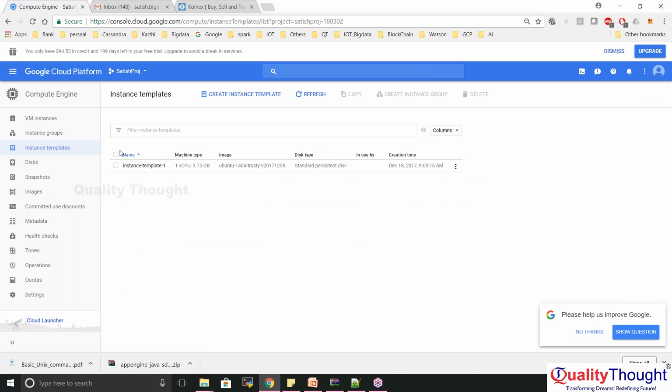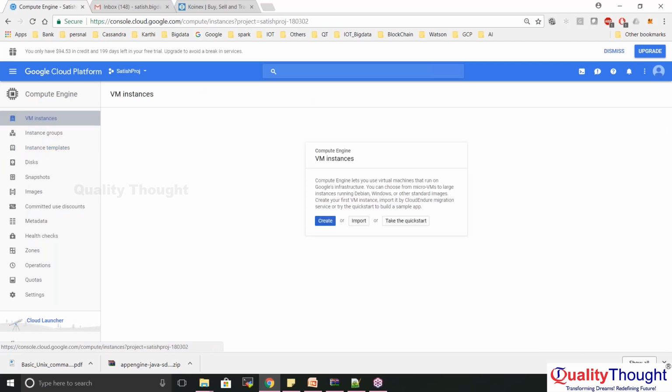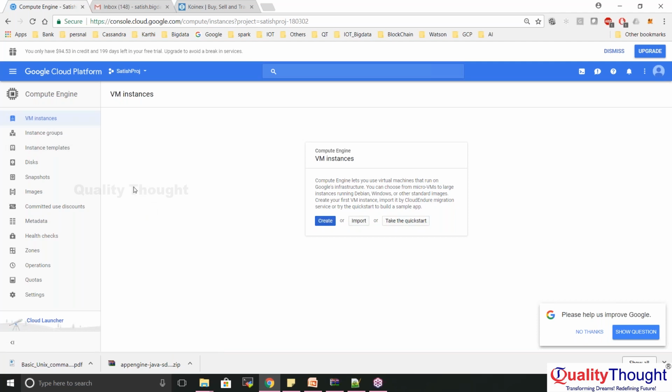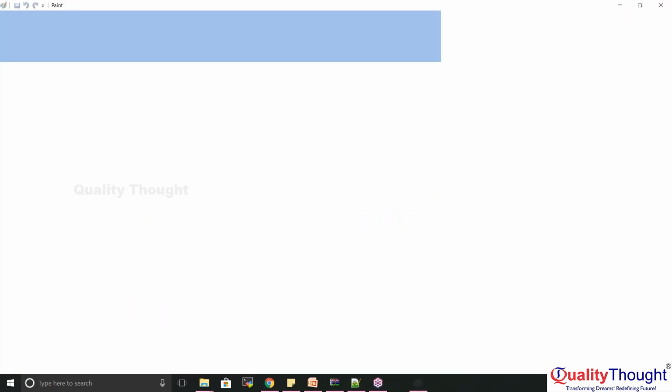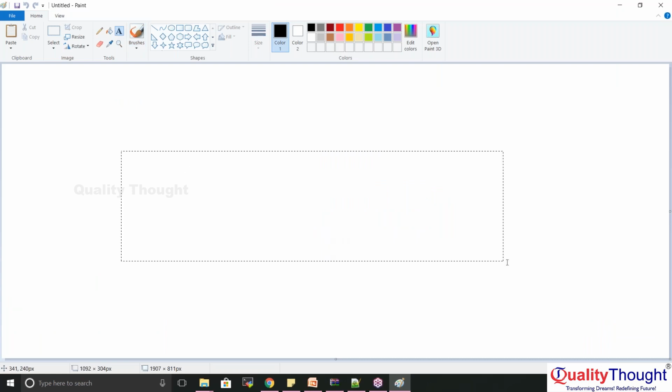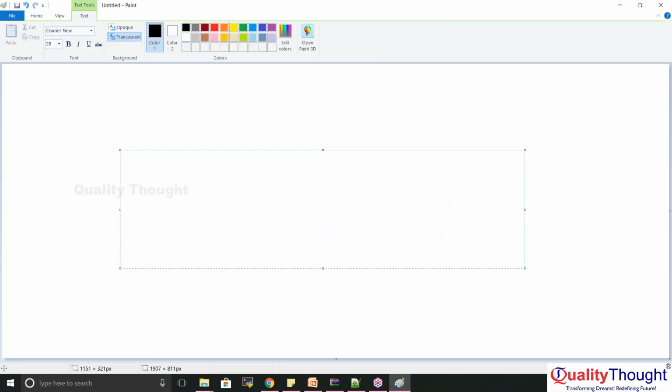Okay, so mainly here we need to concentrate on instance template, instance group, VM instances. In my project we are using approximately 115 VM instances. Out of that we have created 4 different groups. Let me show you those. I cannot show that here, it's completely from the client server. So my groups are